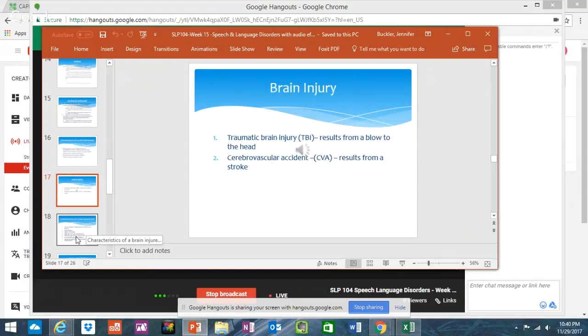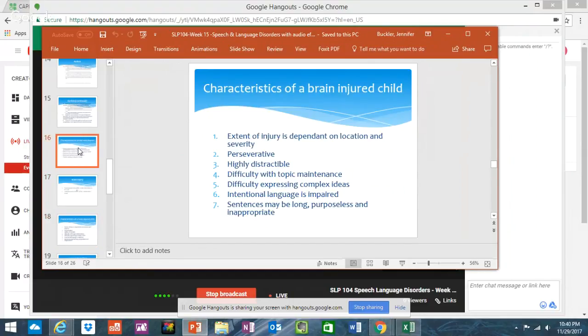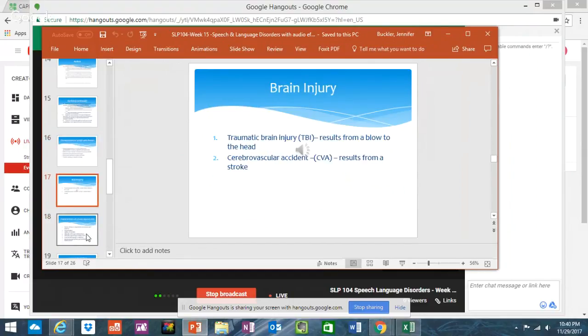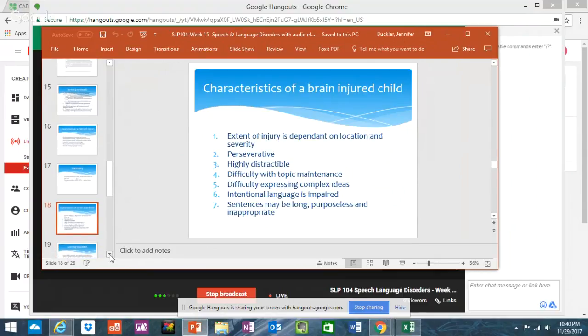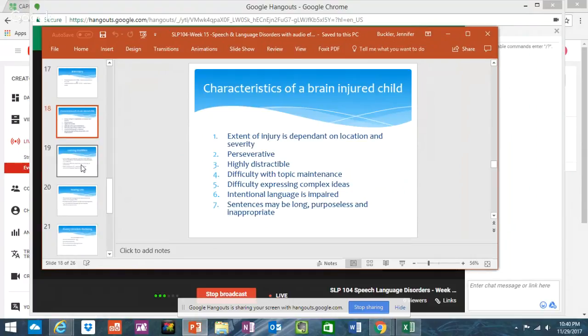Brain injury is something that occurs, or it's an acronym that we call TBI, and it's any blow to the head. Something you can land on your head or be smacked with something on the head, and that's called TBI. CVA is cerebrovascular accident and is often the result of a stroke. All of these incidences, all of these situations, cause delays in language. And again, this slide will detail out some of the characteristics of an individual or a child with